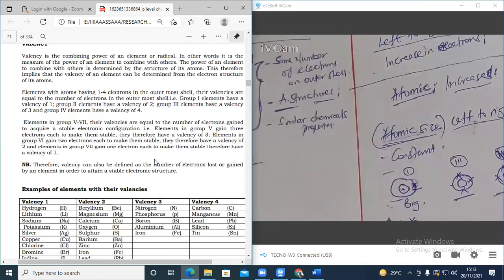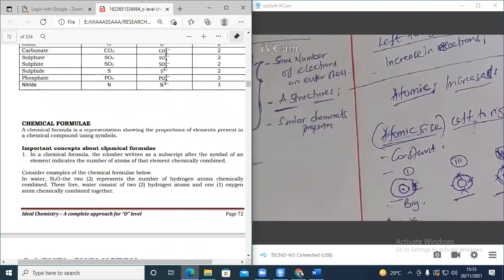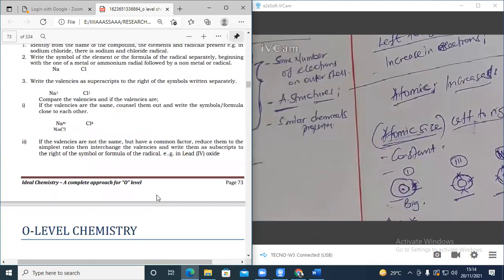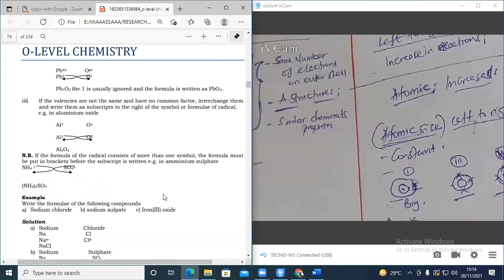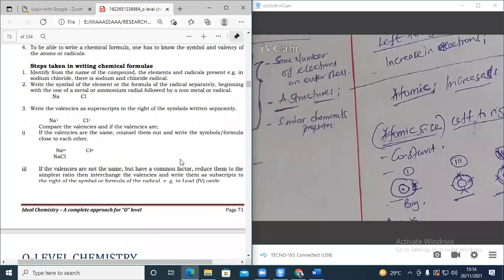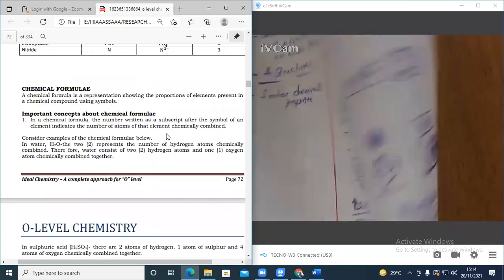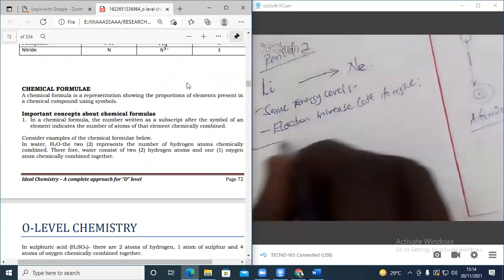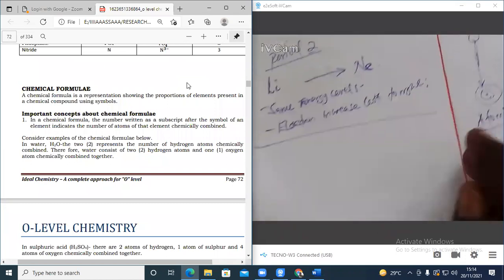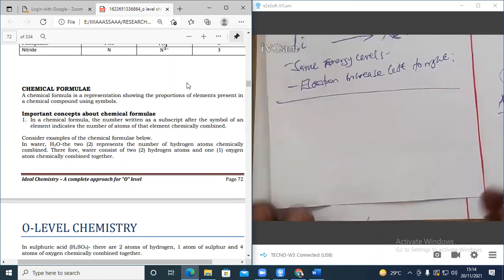So valency, we have learned how to write an equation, so chemical equations. We are done with these elements. So now at this level, you know how the structure of an atom looks like, what it is composed of, and the properties of those atoms, and their division in the periodic table. And now